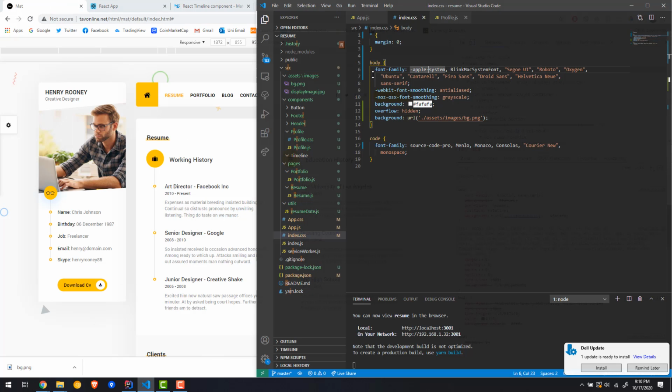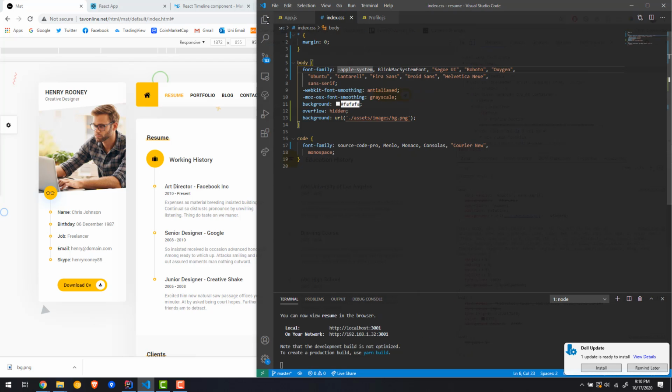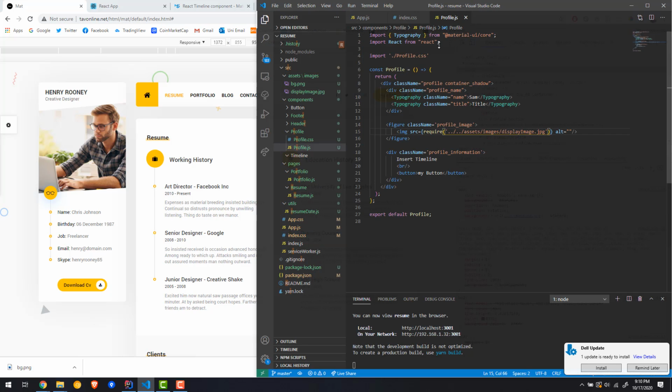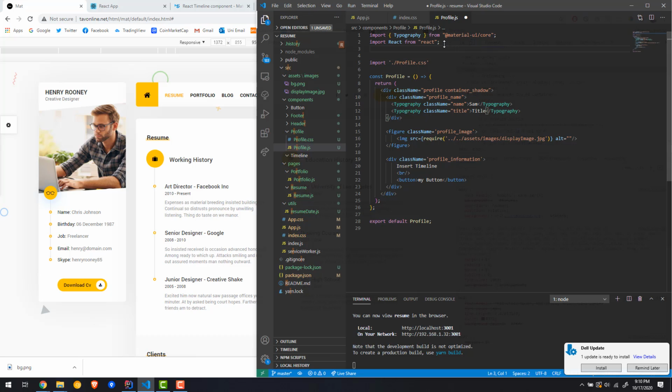So what I'm going to do is go back to our code. Oops, not that. So inside the profile, I'm going to call timeline. So import. We're building a custom timeline, right? Material UI already has a timeline component, so we're actually building a custom timeline. Custom timeline, that's what I'm gonna call it. From